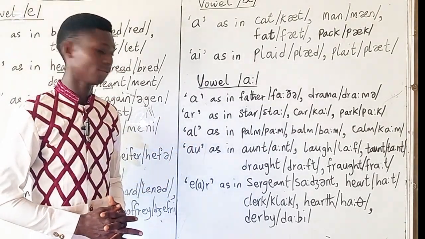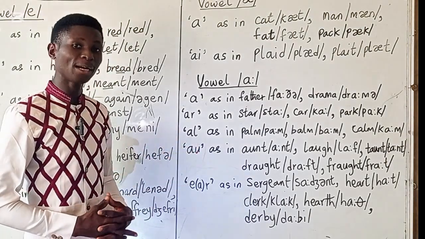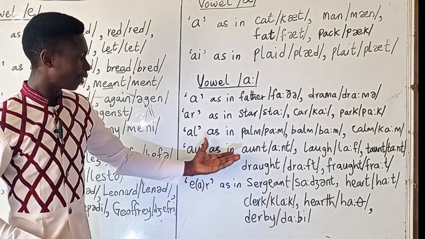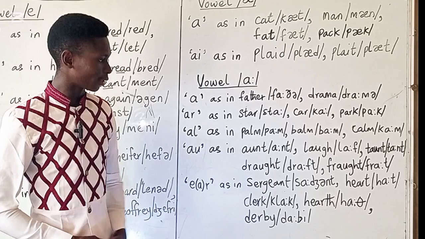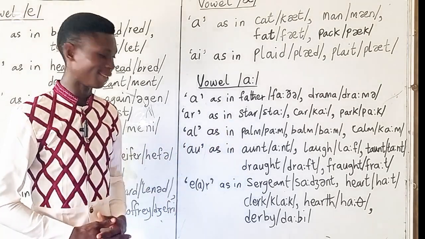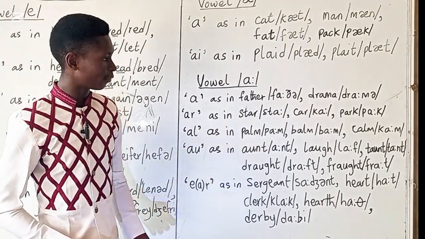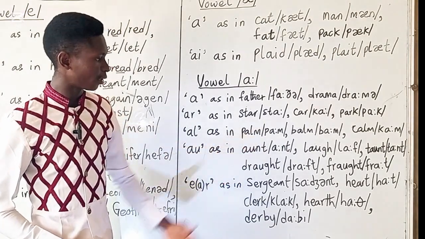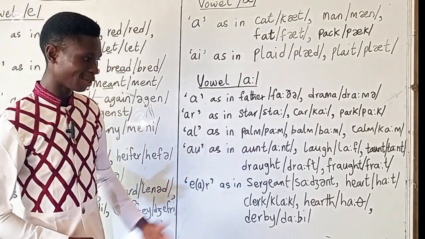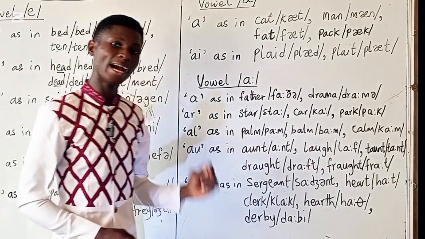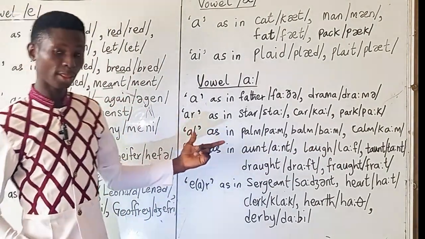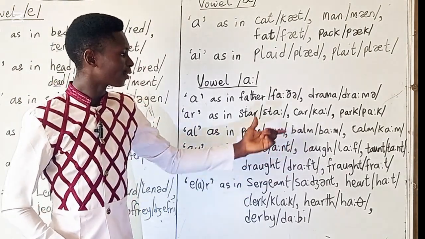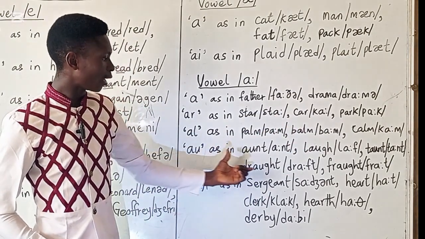Again, we have AU as the grapheme for the R sound, as in words like aunt, aunt, my auntie. We have laugh, we have pound, we have draft, and frat. Look at the spelling of these words and how I pronounce them. I take it again. Aunt, laugh, pound, draft,